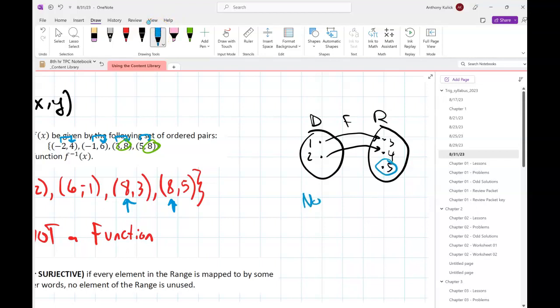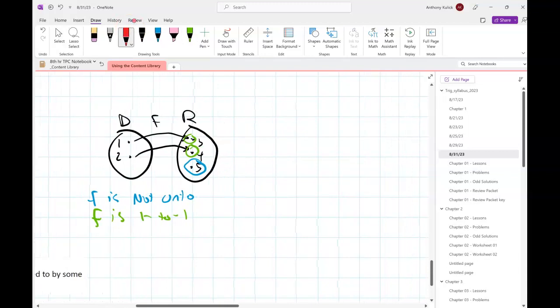One of the elements of the range is not used. Not onto. Is it one-to-one? Well, yeah. It's one-to-one. If we make F inverse here,